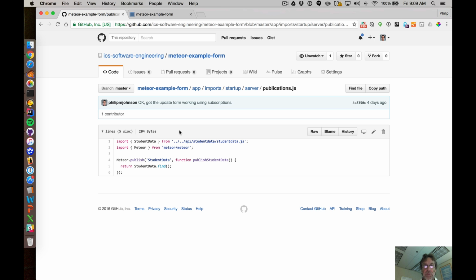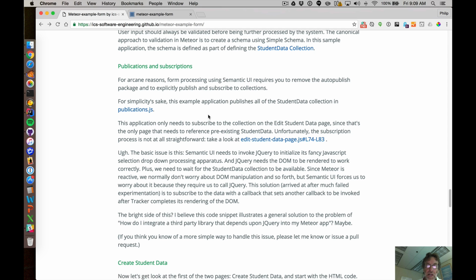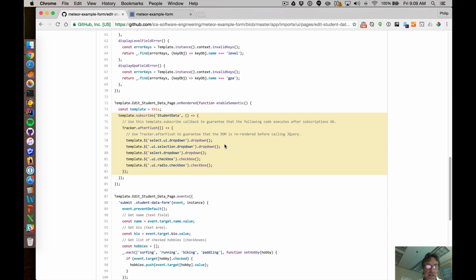You could use auto-publish, but it turns out when you're doing form processing, at least with semantic UI, you've got to do publications and subscriptions to make it work out. For the purposes of this example, I stayed very unfancy, just publishing the entire collection, and then we'll subscribe to it in this part of the edit student data. The home page where you create an object, you don't need to subscribe there because you're not actually needing any data from the underlying